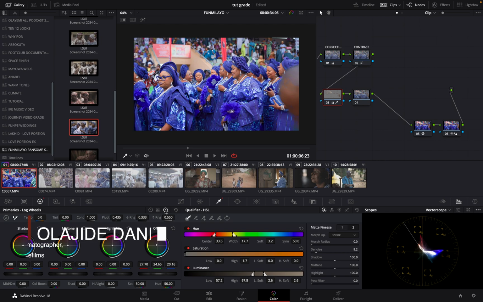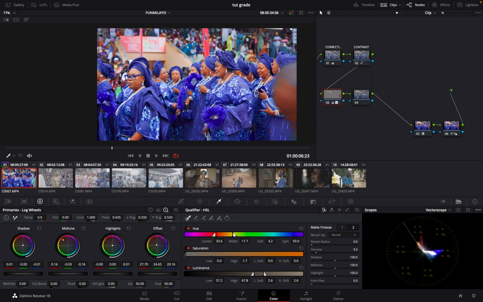Then, still on my log wheels, I'll push my midtones up as far as you want it to get. And then my highlight is just going to be here. And then my shadows can come here. So now it is looking too popped. So what we just want to do now is to